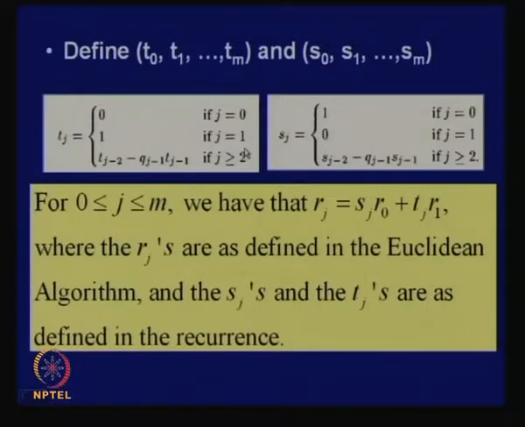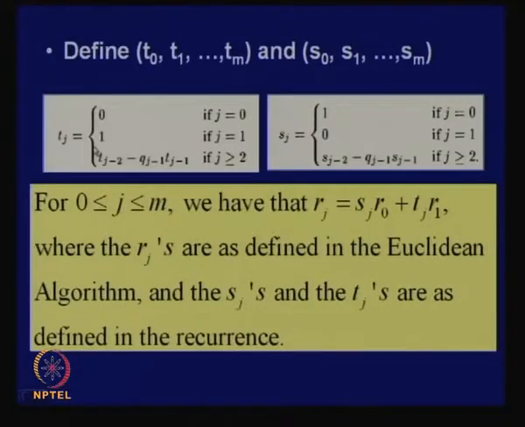the series Sj. Okay. So, if I start with R0, for j equal to 0, R0 will be equal to 1 into R0 plus 0 into R1. So, the starting point should be 1, and when this is 1, this is 0. When you are expressing R1, similarly Tj has to be 1 and Sj has to be 0. So, Sj is 0 when j equal to 1, and Tj is equal to